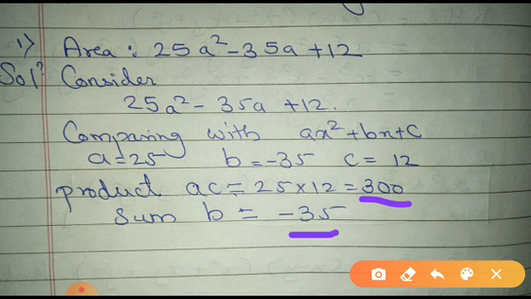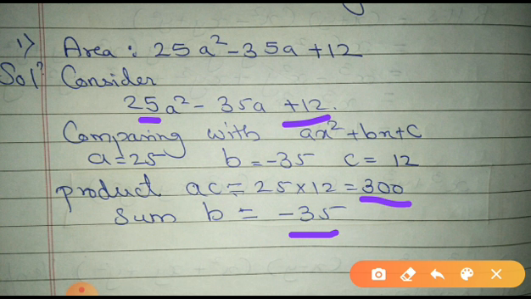That means the two numbers whose product is 300 and sum is minus 35, I had to check. Now here the product is positive, that means both the numbers will have the same sign. And I have got the sum as negative, that means both the numbers should be negative. Now first check for the same number itself, what they have. Whether 25 plus 12 or 25 minus 12, will I get the 35? No. That means that won't be.